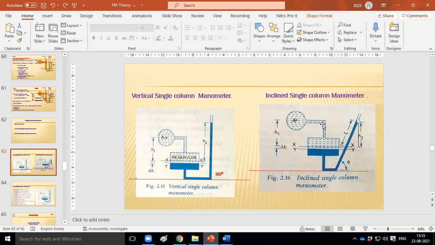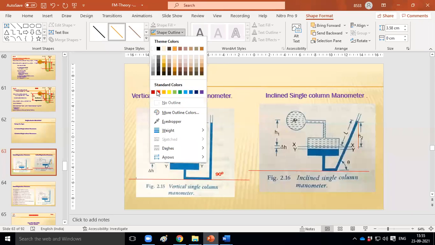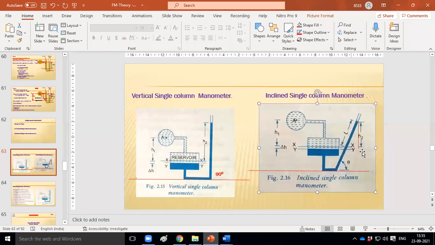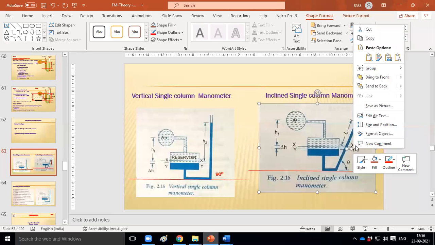Is this line visible? This vertical line, I mark this vertical line. Is it visible or not? Yes, sir, visible. This red line, and then this horizontal line, the Y line. We can extend it.